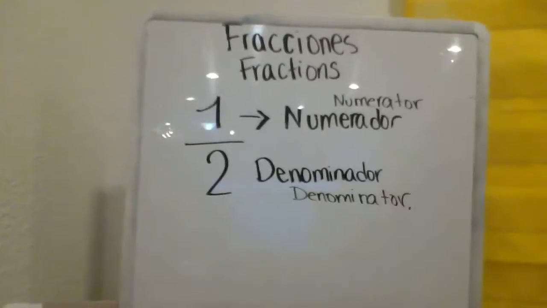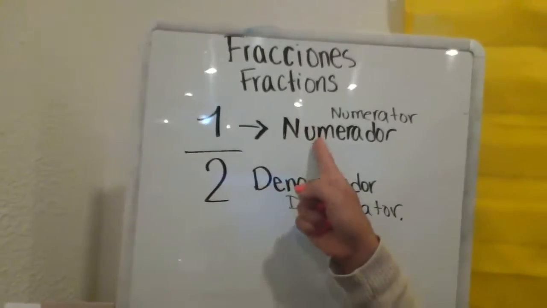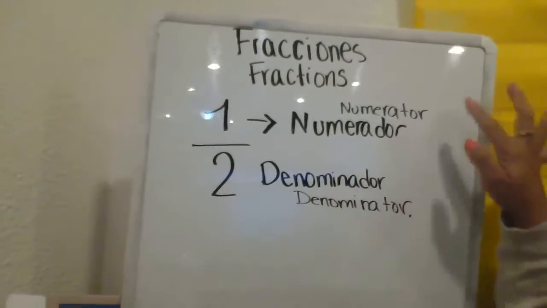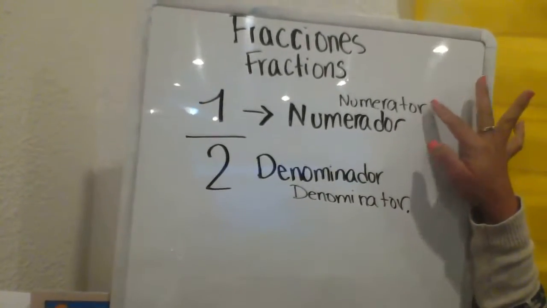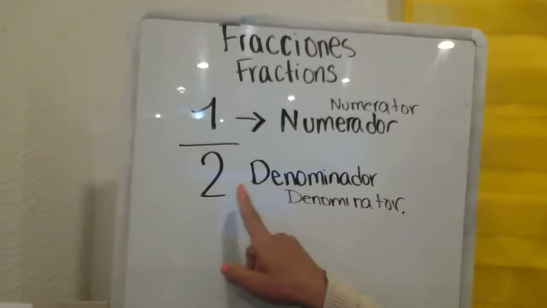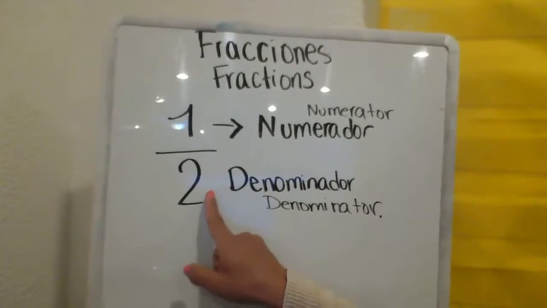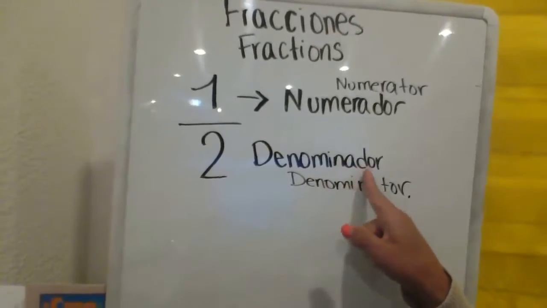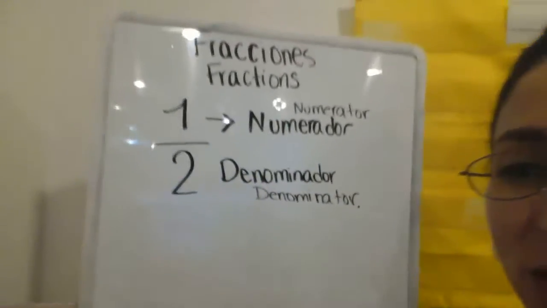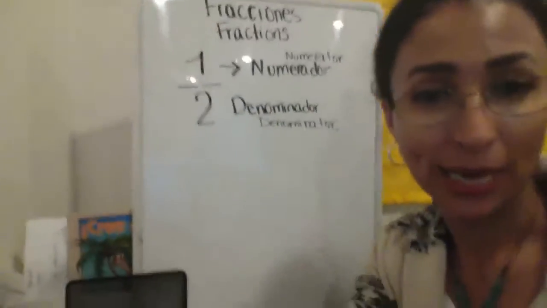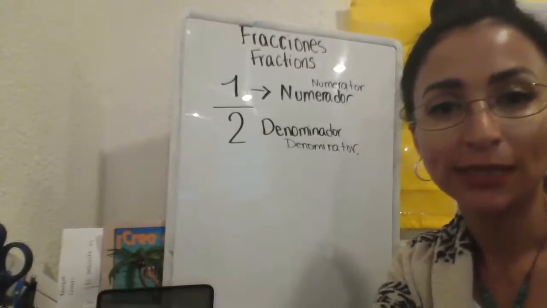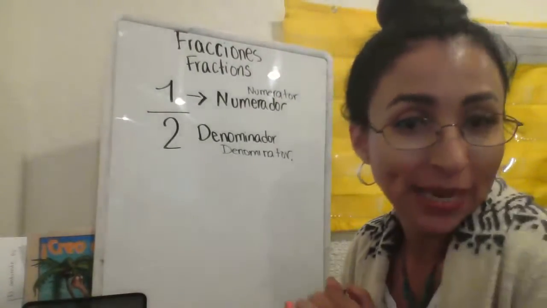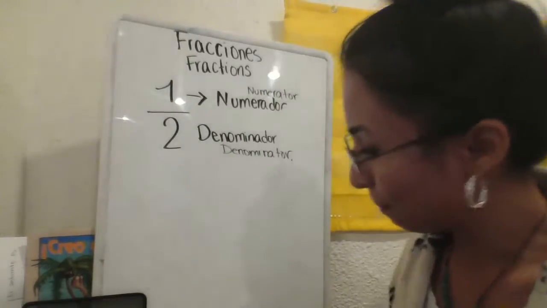las fracciones están compuestas por el numerador. El numerador es el numerator. El denominador, el número de aquí abajo, este número de abajo es el denominador. The denominator, denominador. Por ejemplo, si tú tienes una pizza o tu mami o tu papi encargan una pizza, and